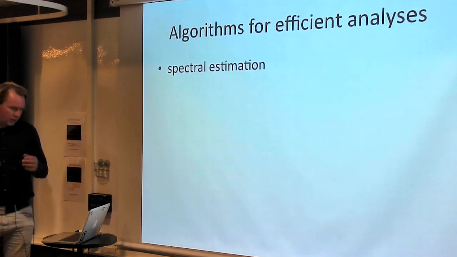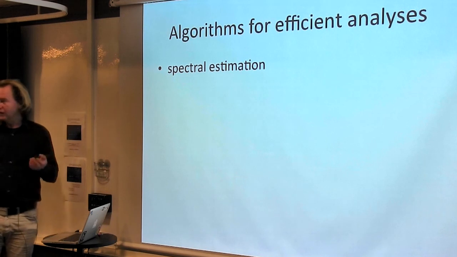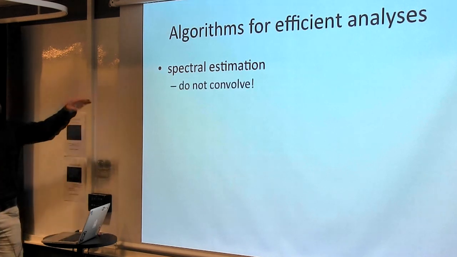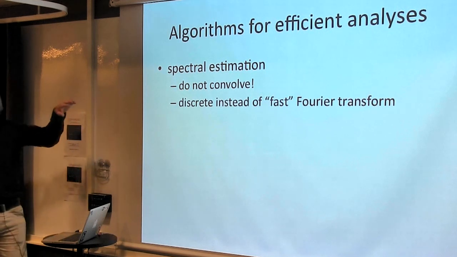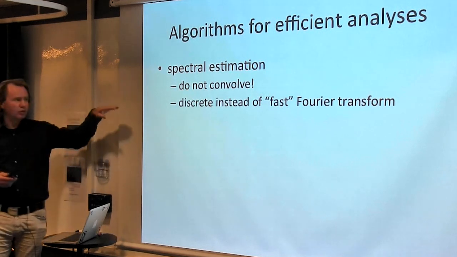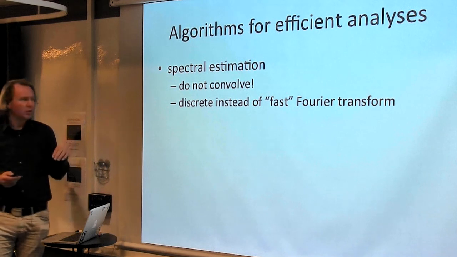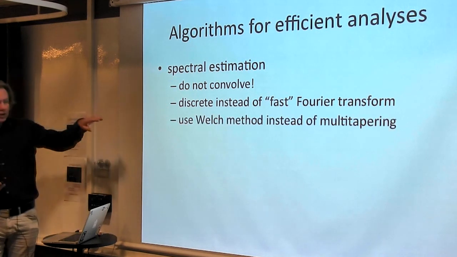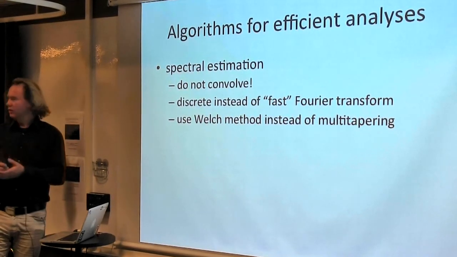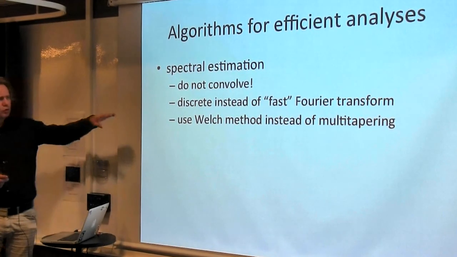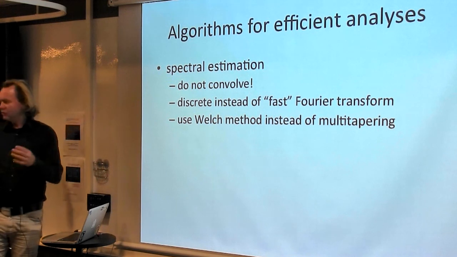Okay, so algorithm for efficient analysis. With spectral analysis, you should not convolve. Convolving is slow. Better is to use a fast Fourier transform, but even better is to use a discrete Fourier transform. You can think about, I want to use multi-tapering, and for multi-tapering I have to use a fast Fourier transform. You could also use a Welch approximation. It's not going to be as